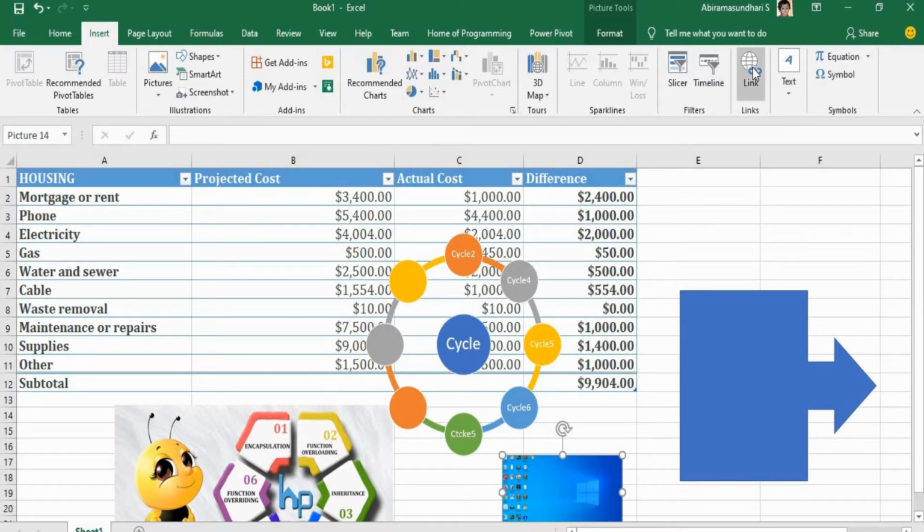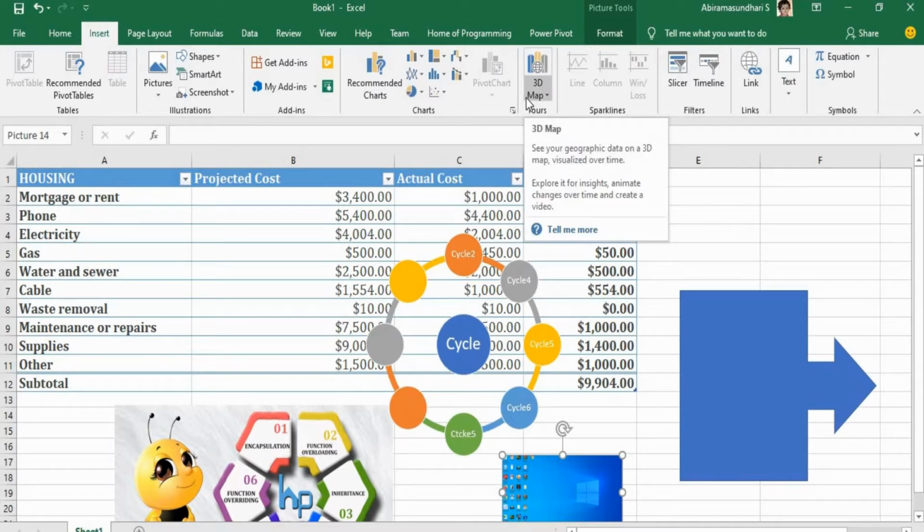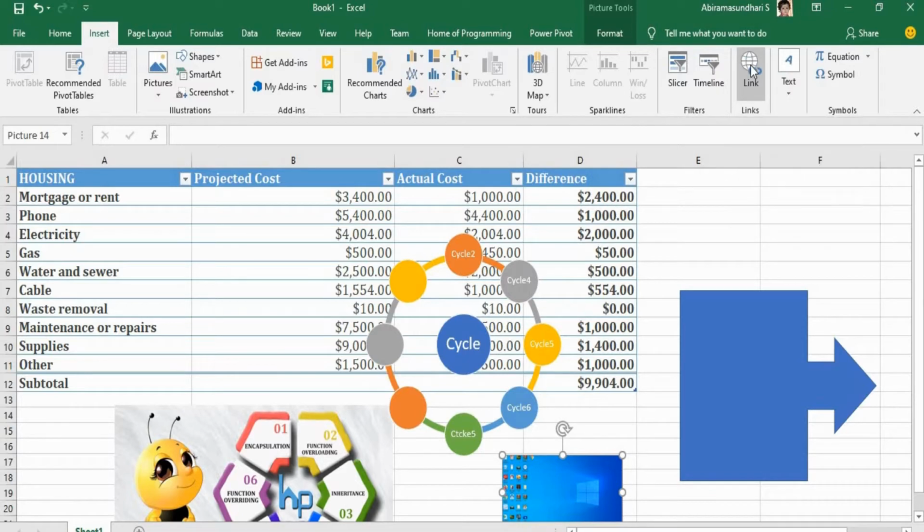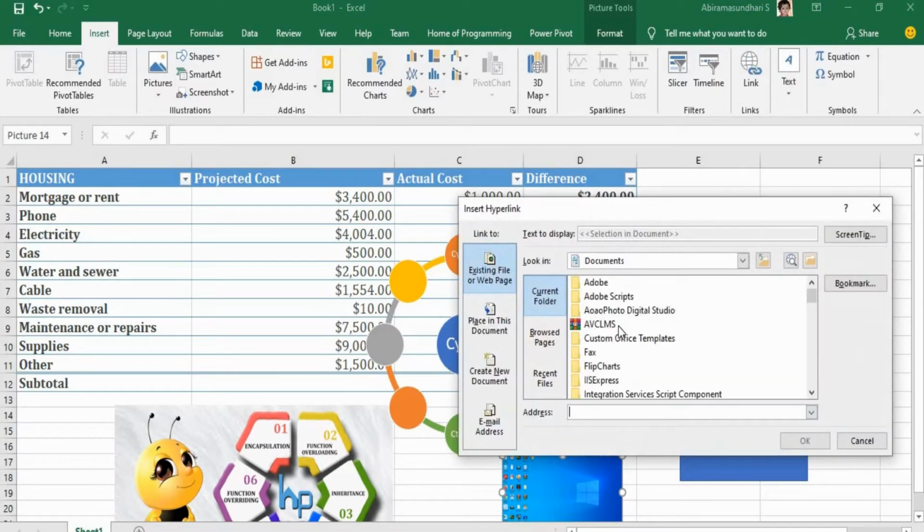If you want to make any particular text a hyperlink, that is, a hyperlink is nothing but text which on clicking redirects to some other location, for that, click on this Link option. In the dialog box that appears, there is a set of options available for inserting a hyperlink.